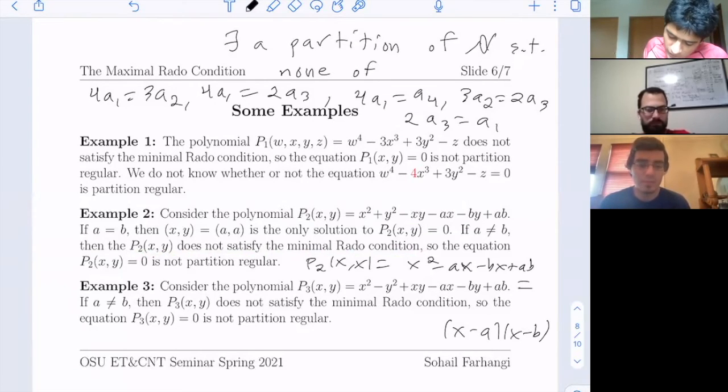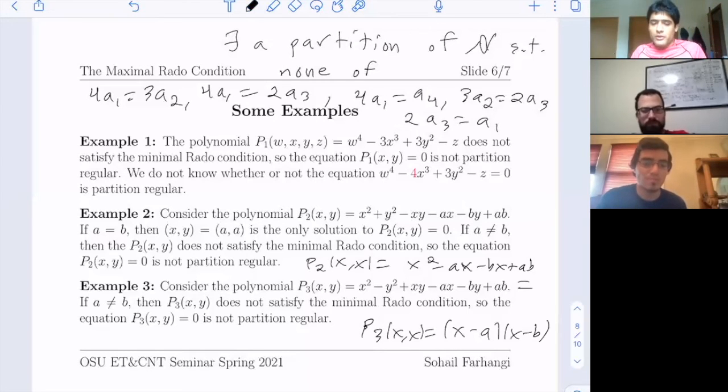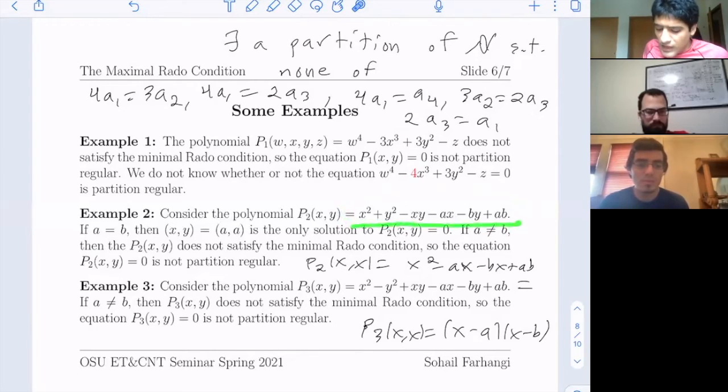Right? And it turns out that in this next example, we have the same thing as well. So I'm assuming that their reason for investigating this polynomial is, one, I don't believe partition regularity of this was known, but this is, I think, the simplest example of a polynomial for which the p tilde, when you set the variables equal, will factor as a product of linear polynomials. The example I gave was a quartic example, but this is a quadratic example.